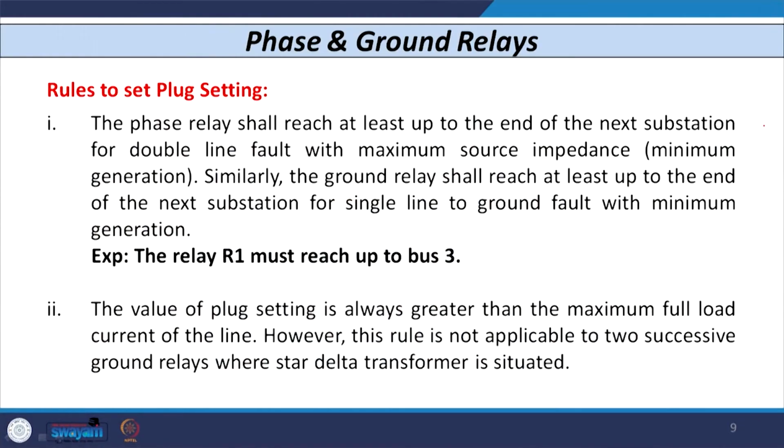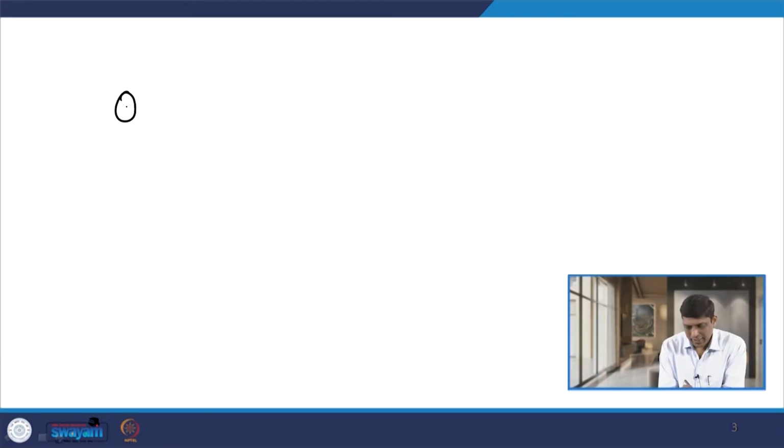So, if I first consider the rules for deciding the plug setting of ground relays as well as phase relays, then the first rule is that the phase relay shall reach at least up to the end of the next substation for a double line fault with minimum generation. In the same way, the ground relay has to reach up to the end of the section for an LG fault with minimum generation. So, the meaning of this is that if I consider the same multi section radial network,